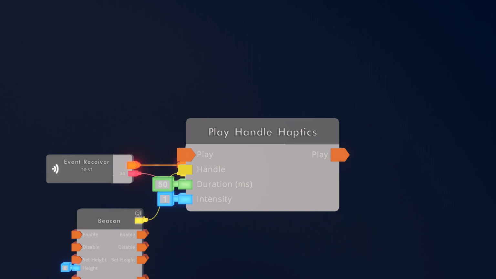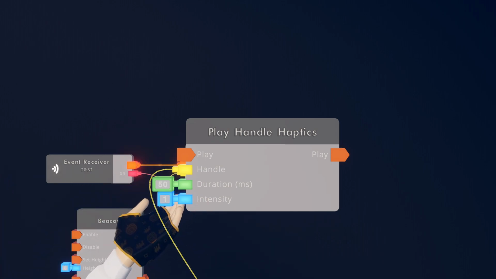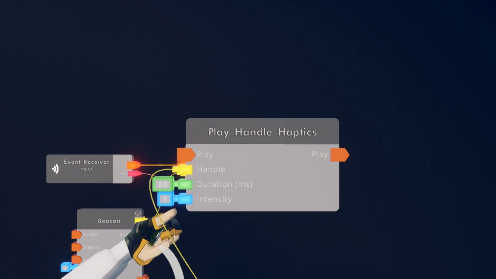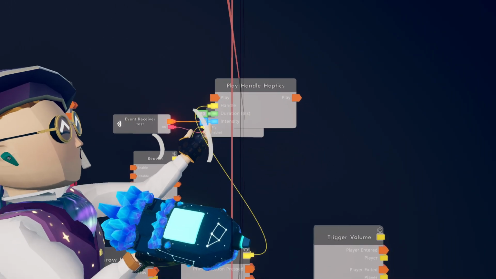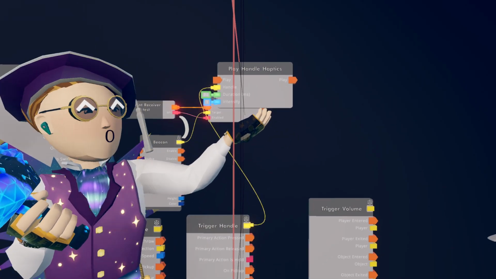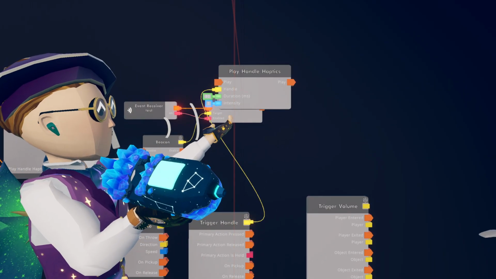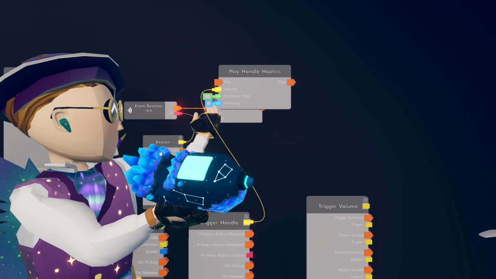When you run it, it'll vibrate your controller if you're on VR and won't do anything on any other platform, with whatever intensity you set for the duration that you set with an integer in milliseconds. So like 100 would be 1 second.